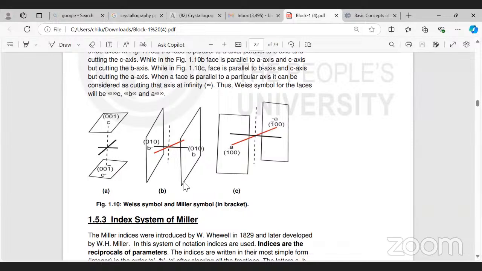Can you imagine, these are all imaginary lines. So here if this is C, and this one A and B,